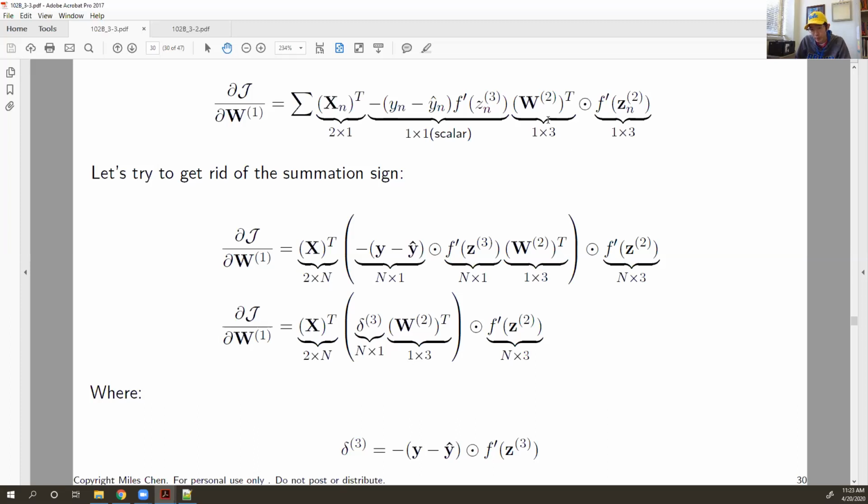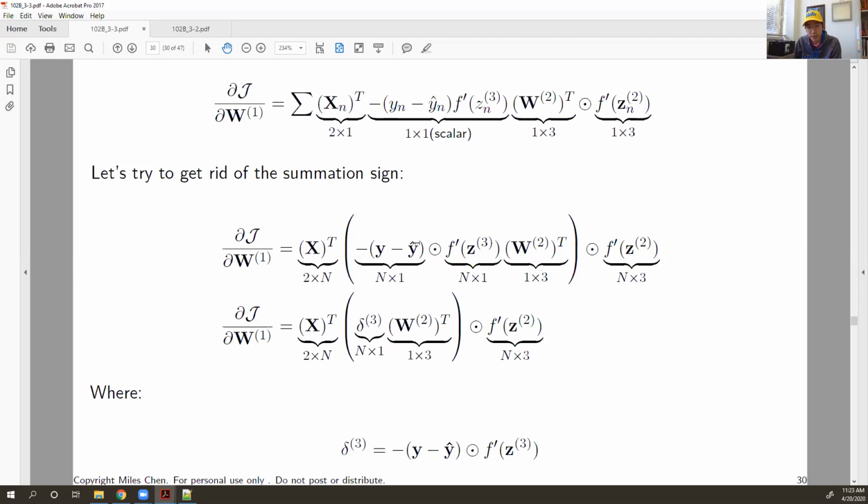W2 remains a 1 by 3 matrix. There's no change there. There's no subscript n there, so it remains 1 by 3. And then Z2 sub n is a 1 by 3, and if I get rid of the subscript there and I expand it to the entire matrix of Z, I get an n by 3 matrix. So this is what I have. And